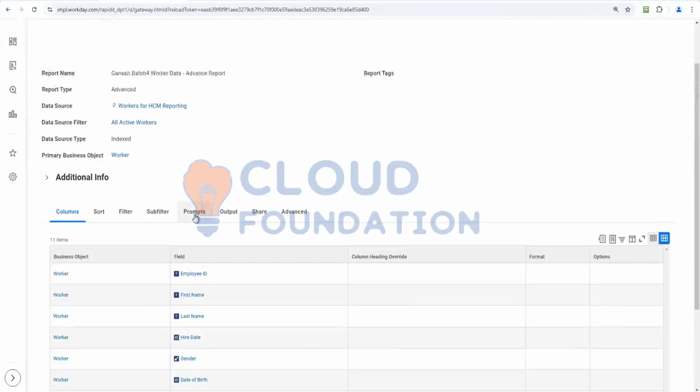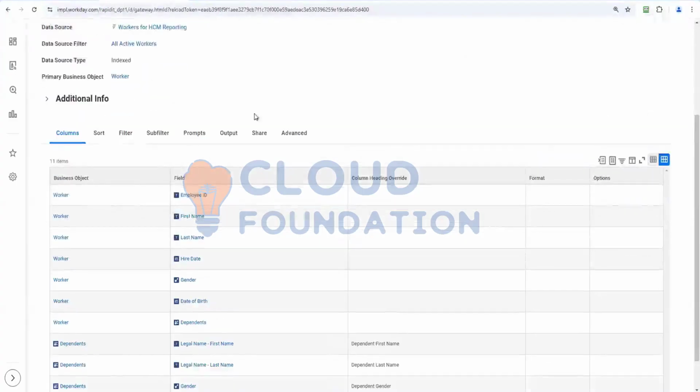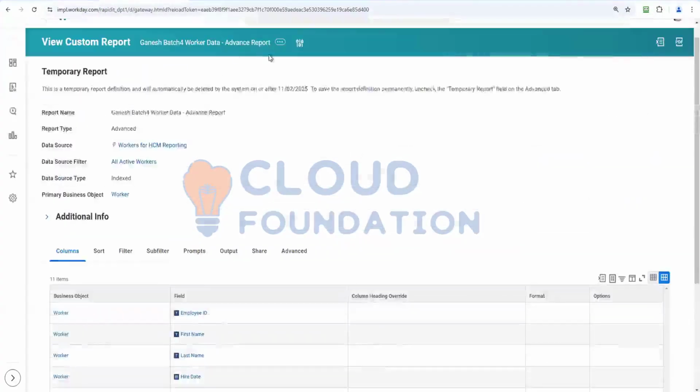So today we will talk about the prompts. Prompts means whenever you are running a report, it is asking the user to input some values. For example, this is a report I have created, and when I run this report,